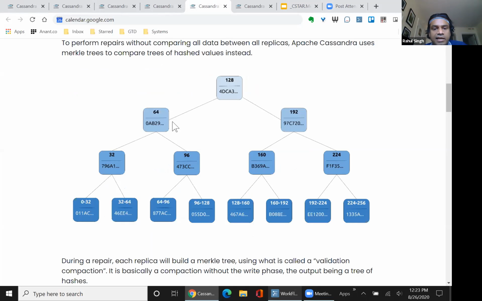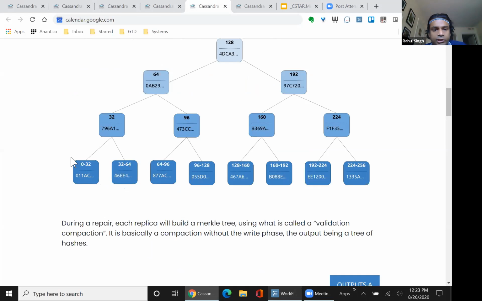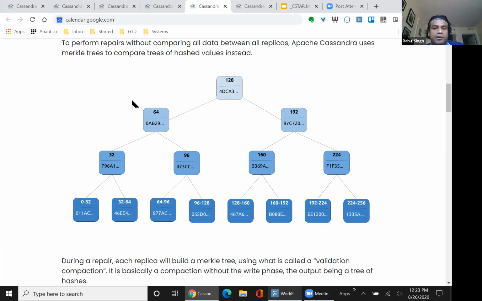In our case, what it does is it keeps a hash of the data, so let's say for a particular row, if there are two fields, we'll have hashes for the key value, and that row itself will have a hash of these two hashes,